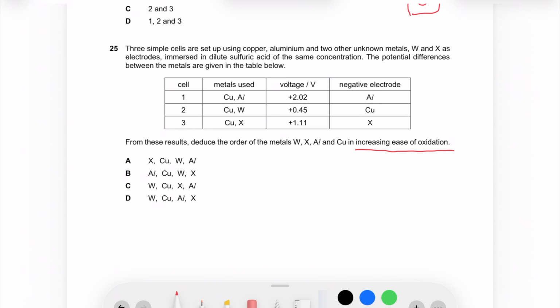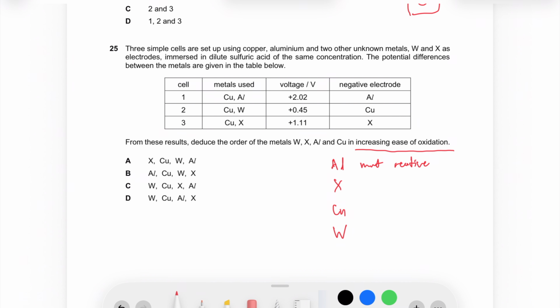Alright, so let's look at the first row. Copper and aluminium, right, you get 2.02 volt. But third row, copper and X only have 1.11. So this shows that aluminium will be higher than X, and then copper will be somewhere at the bottom. And then if you see carefully for the second row, copper and W, right, is 0.45. So it's even lower. So W must be lower than copper. So this is the most